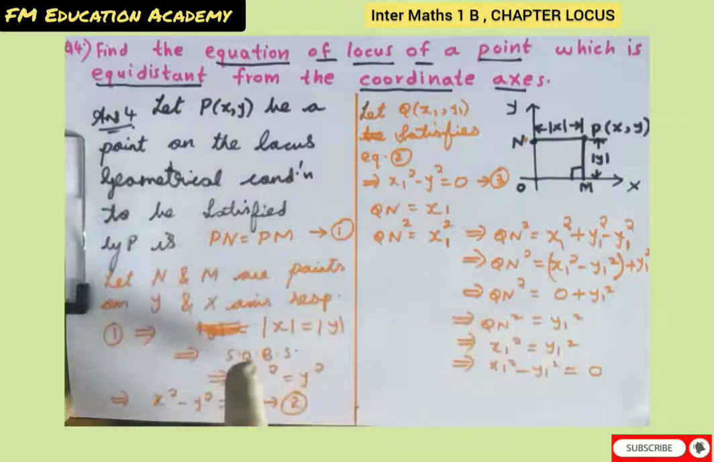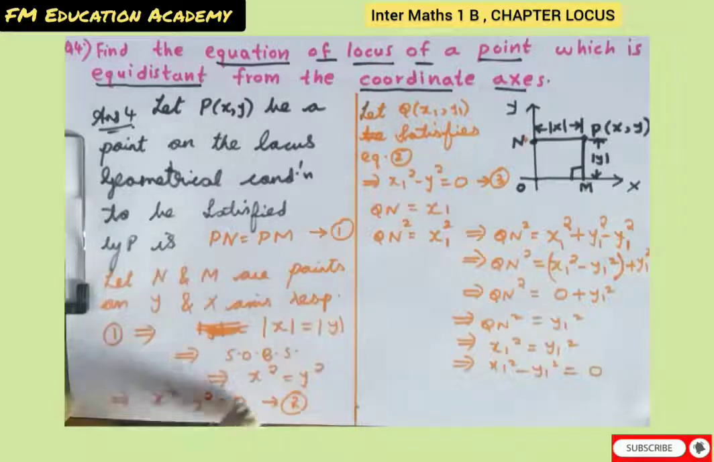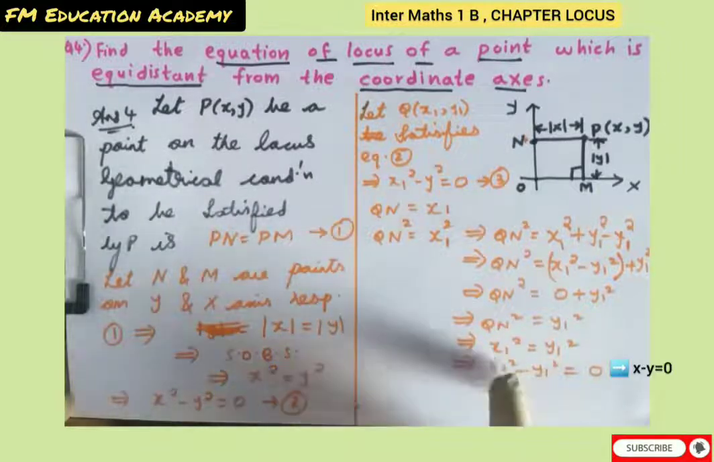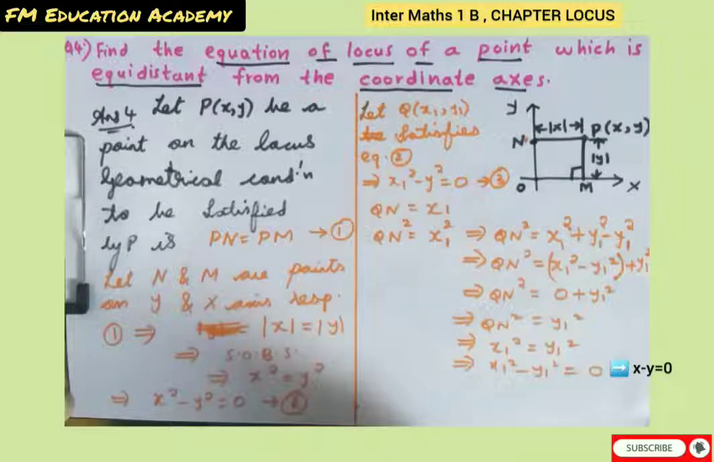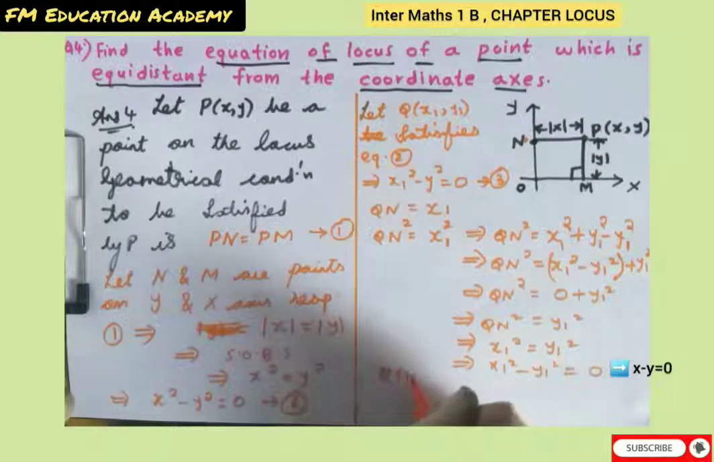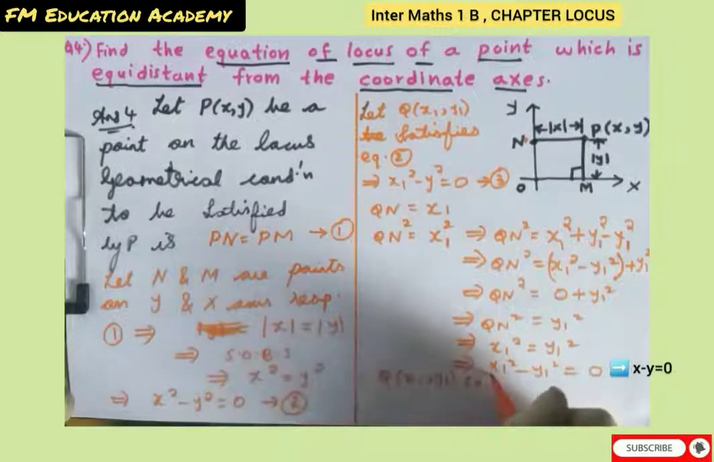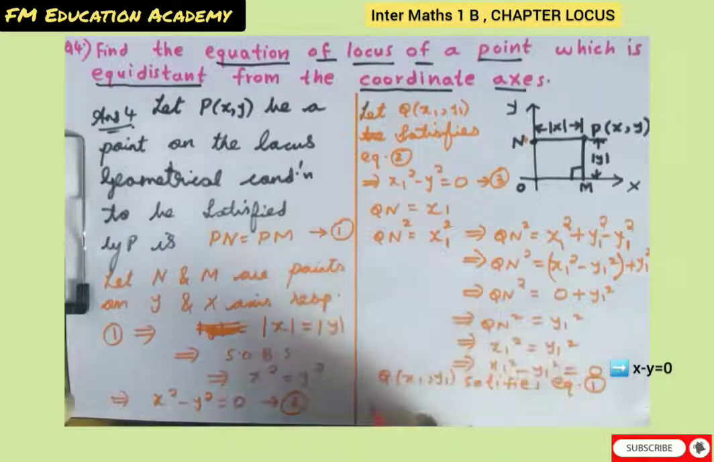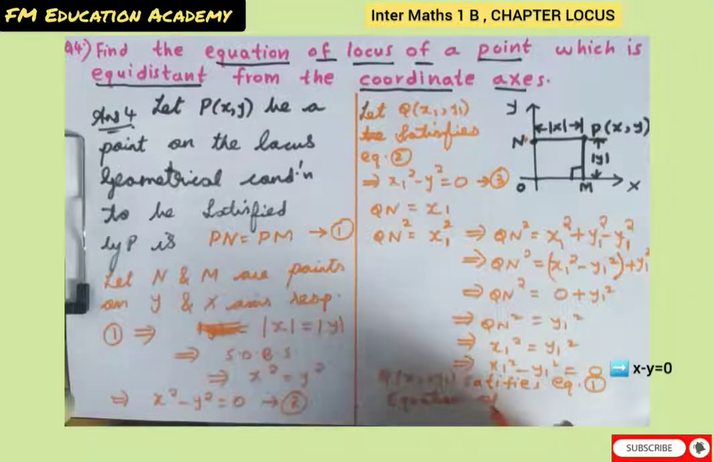Initially what was there? Pn was there, Pm was there, x was given equal to y, and x square minus y square was given as 0. This condition was given to us. What we did was take Qn and make it equal to this condition. So we got the condition now, both are the same. So we can say that Q(x1, y1) will satisfy equation 1. Therefore Q(x1, y1) satisfies equation 1. Therefore the equation of the locus of the point is,